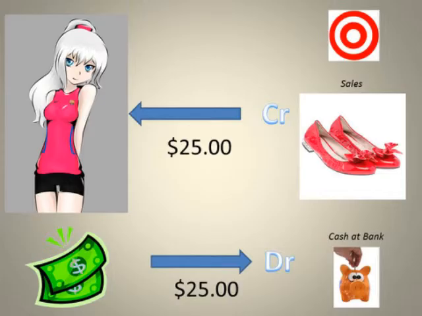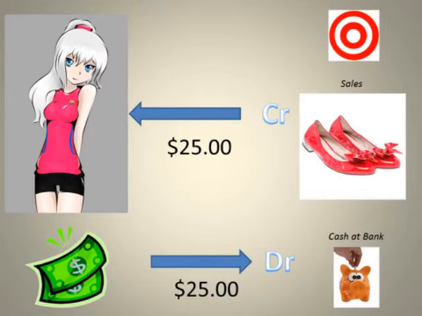Bear in mind the debits and the credits must equal in every transaction, but they don't have to be equal in number. You might have 2 or 3 debits being recorded for only one credit, or vice versa. As an example, if you have taxation added to the payment, you would be breaking it down into the cost of the goods plus the VAT or GST, and for that you have 2 credit amounts, one being the cost of the goods, one being the GST, and for that you'll receive the one amount of cash for the total, which will be a debit. So 1 debit line to 2 credit lines.